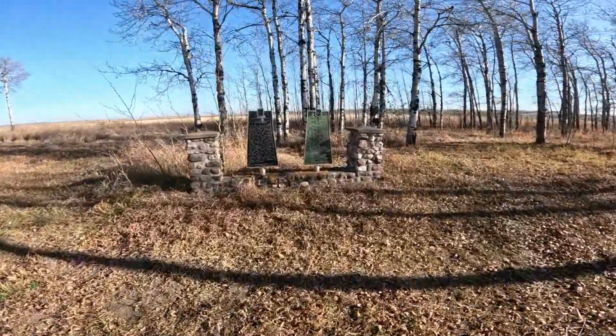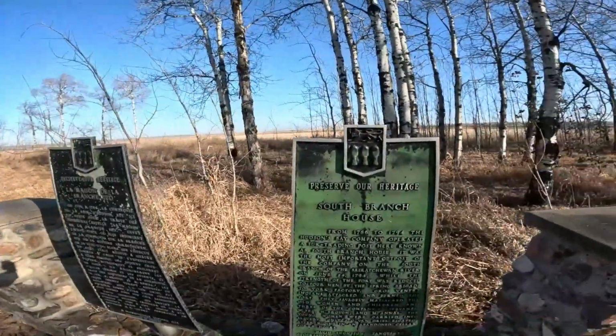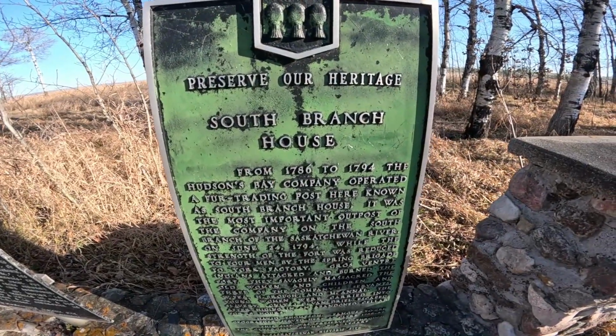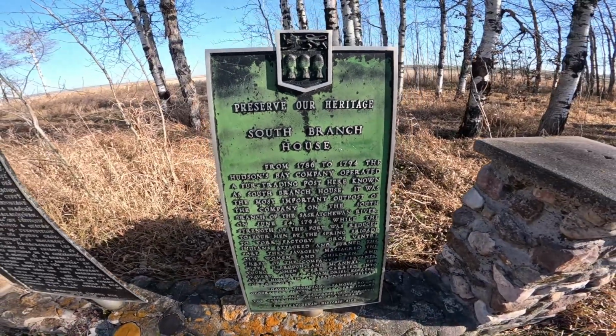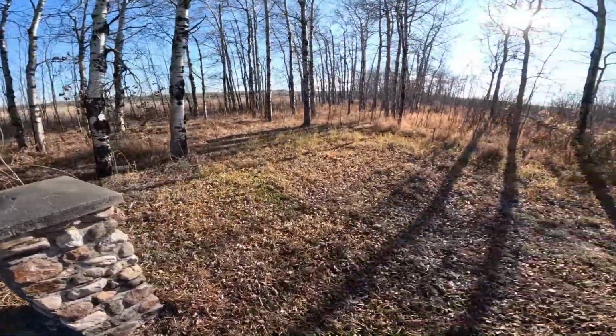And this is the South Branch House. So there is some Saskatchewan history. It's actually quite far back. We're looking at from 1786 to 1794. The Hudson Bay Company operated this fur trading post. So somewhere in here